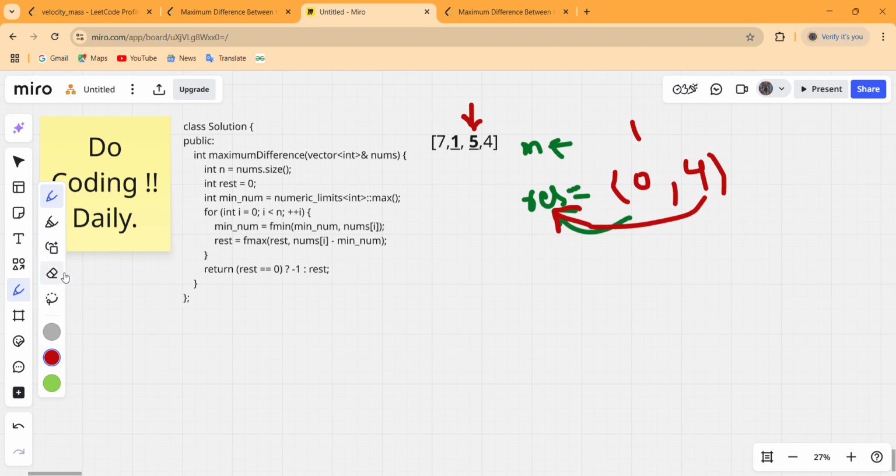So result is 4 now. So let us erase this 0 from here. Result is 4 now, and minimum number till this index is 1.